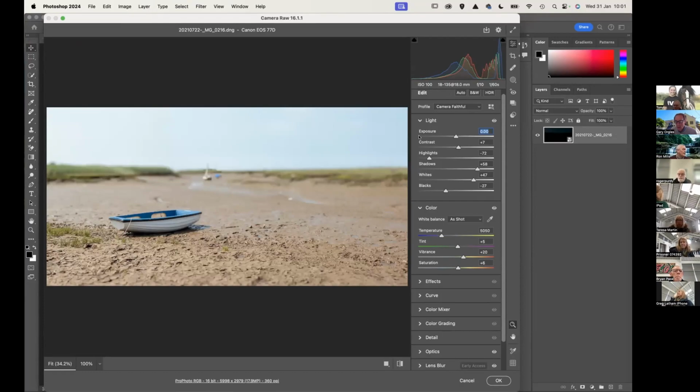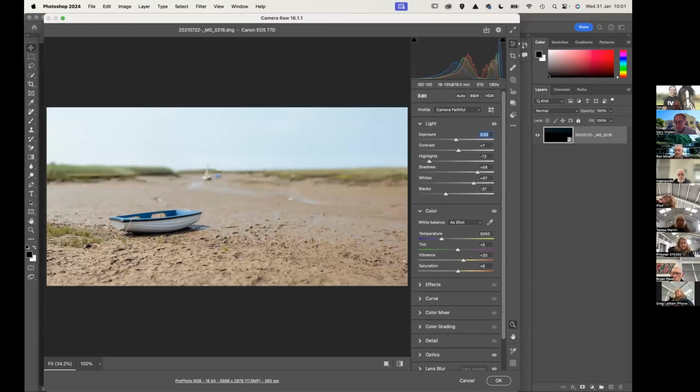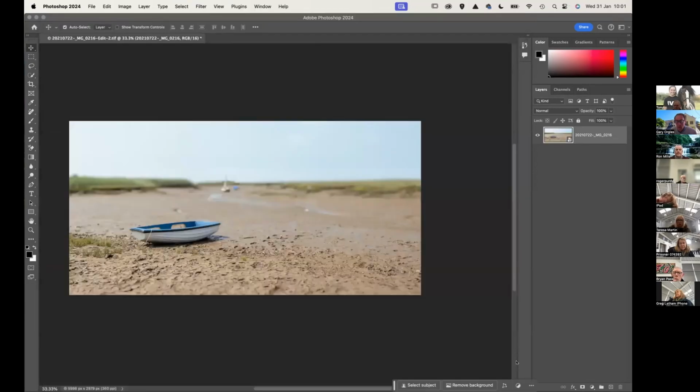Okay, so Brian's gone back to normal. Let's click OK to that. Okay, and we should go back into Photoshop. So Brian's got his picture back. Has everybody got the same picture back? Yep. Okay, all I want you all to do now is go onto the layers panel, right click on that layer,